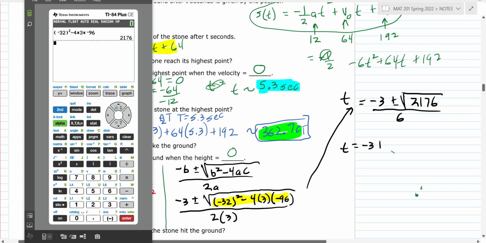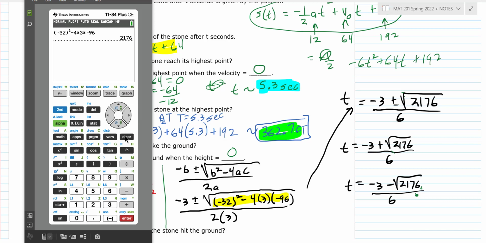We have negative 3 plus the square root of 2176 over 6, and then we also need to do negative 3 minus the square root of 2176 over 6. And one of these answers is not going to make sense. We'll talk about that. So I'm going to put in negative 3 plus the square root of 2176, get that answer, divide that by 6. That will give a time there, which is approximately